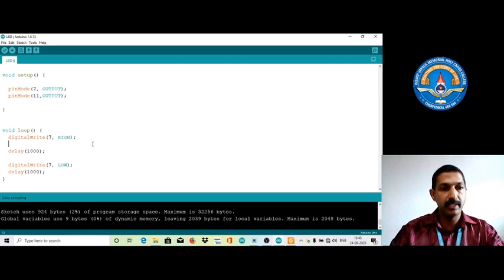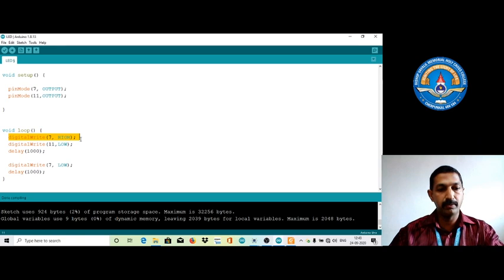At the same time we can write digitalWrite, pin number 11, comma LOW. Then we need to write one more thing, that is HIGH. I'm copying this particular code from here and putting it here, changing the pin number to 11.